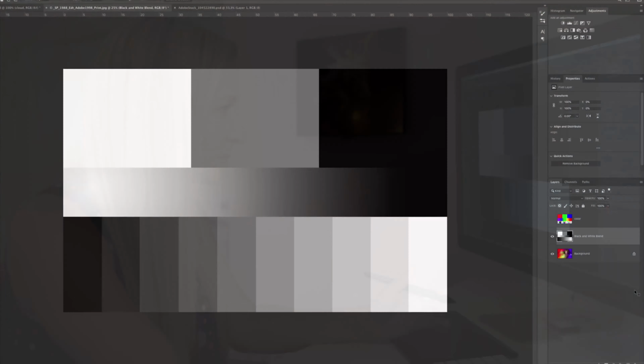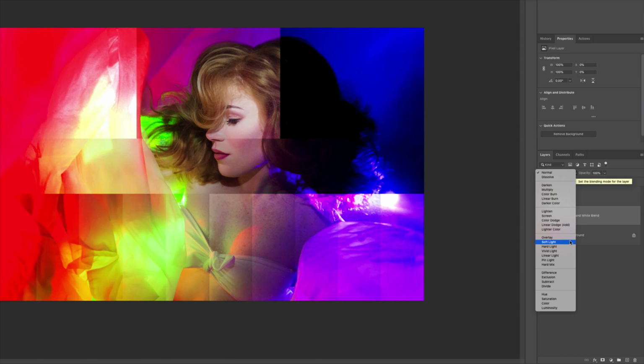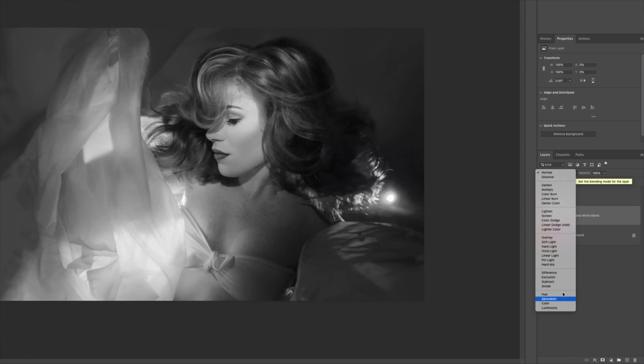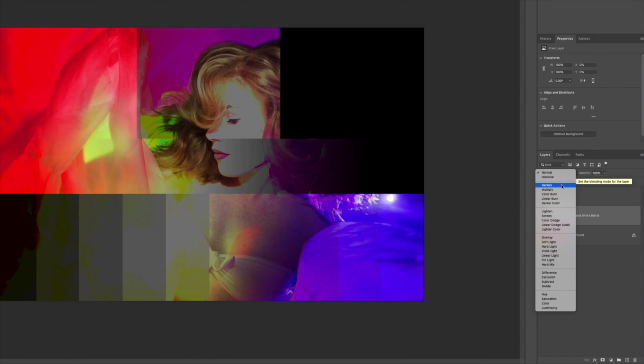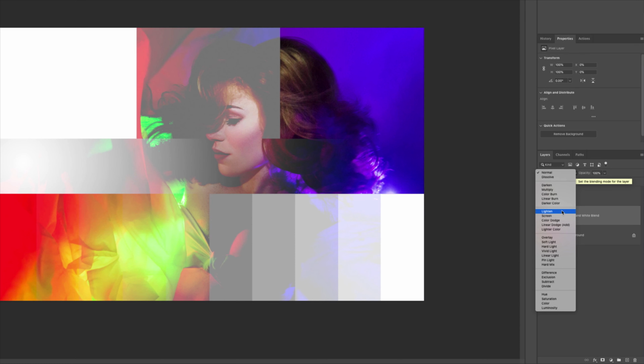Okay, so there's a couple different types of blend modes. So let me show you what they are. If we come into our layers palette right here, we can see that we have an area that isn't named, but it just says normal. This is our blend mode flyout menu. And if we go ahead and open it up, you can see that you have a lot of different blend modes to choose from. And what they do is they basically change the way the two layers interact with one another by applying different math to them.